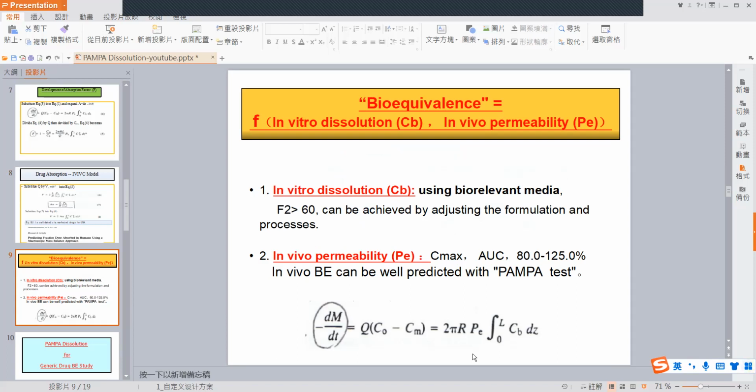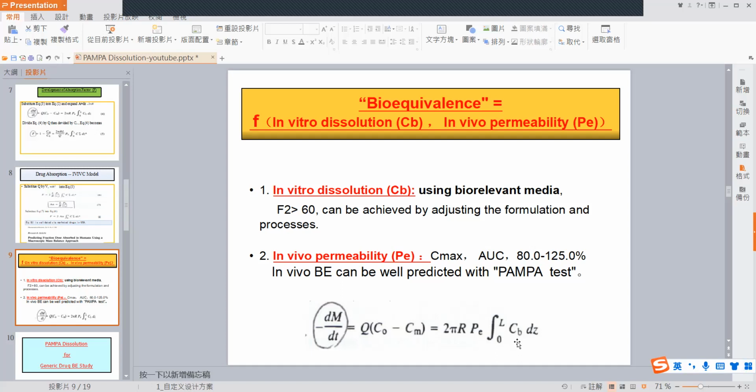Equation A was for validation purposes, but in reality, what we need is a machine which can monitor the PE change versus the CB change. That means the concentration change and the permeation change in one machine, so that we can really monitor the two variables